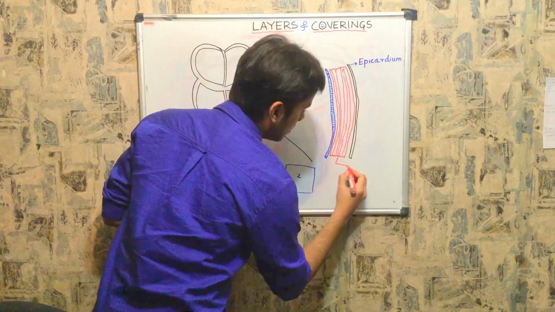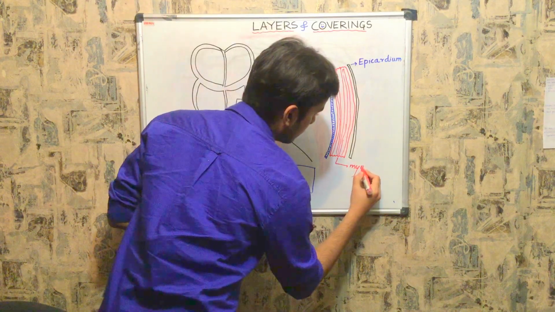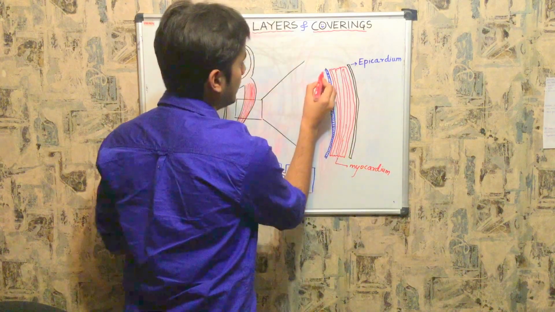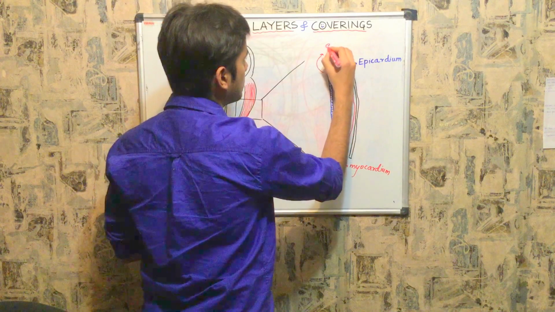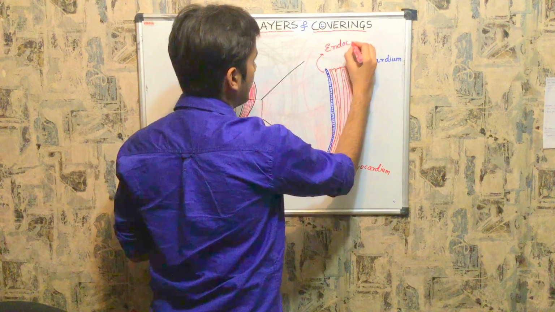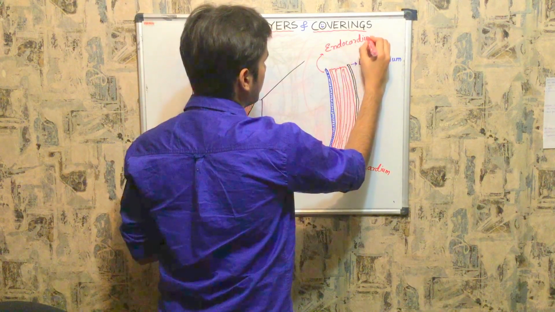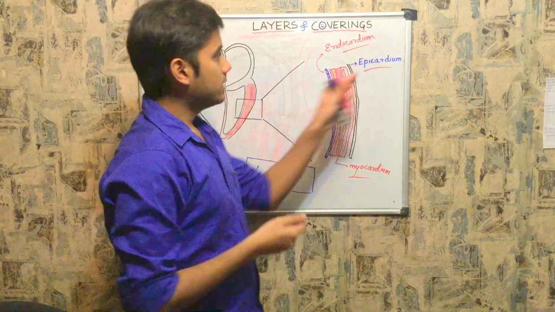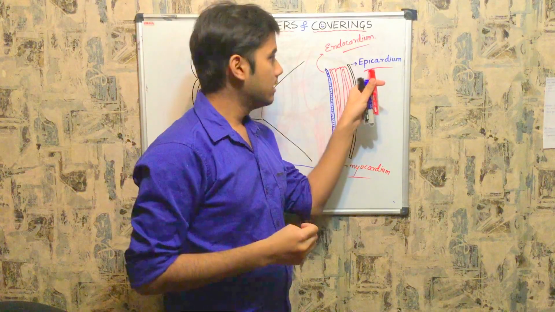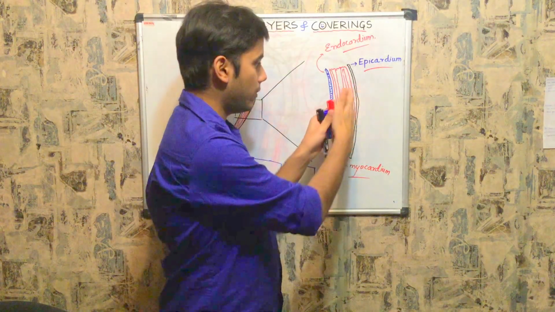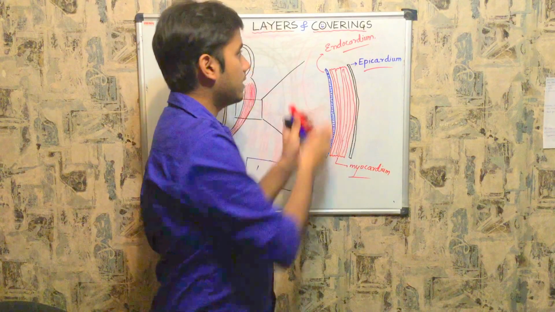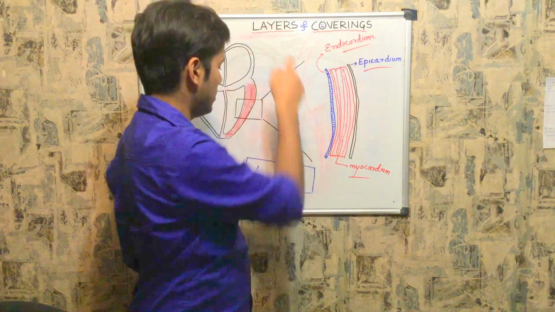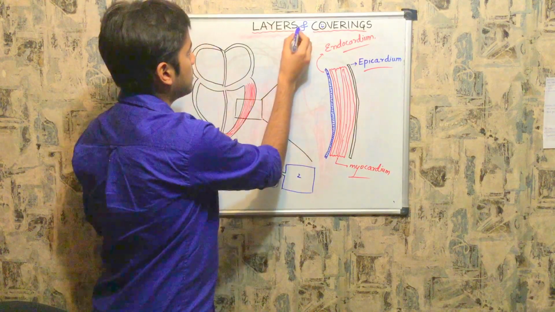So this is your myocardium, and the innermost layer you call it as endocardium, right? That's so simple. The outermost layer is the epicardium. Heart is made up of three layers: outer epicardium, middle myocardium, that is a muscle, and innermost called endocardium, right? Now we finished the layers of the muscles, right?